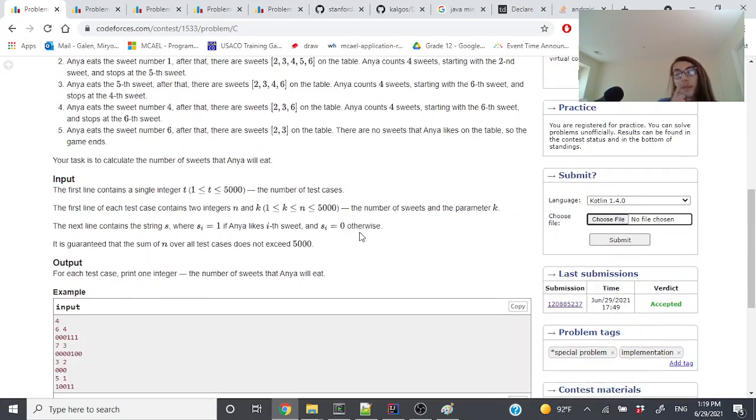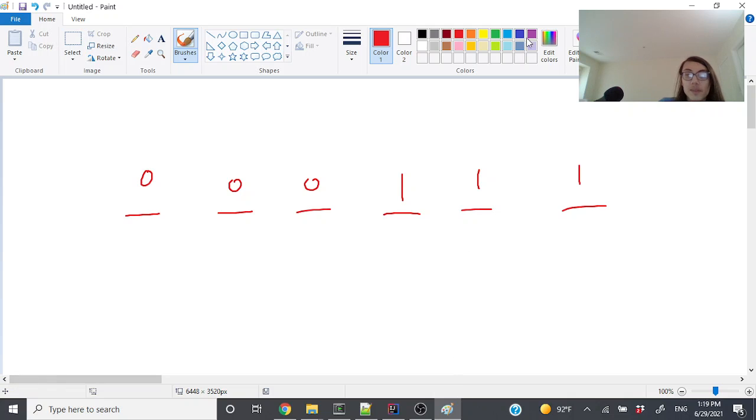Actually, I don't know how to prove the complexity of this. I guess it's not that bad, right? I might have accidentally implemented n squared log n. It just passed by mistake, or maybe not by mistake. It's fine. Basically, what I just did was implement it as naively as